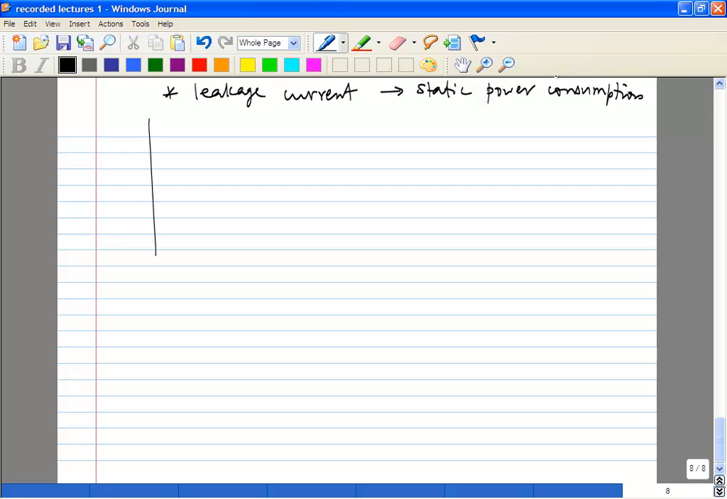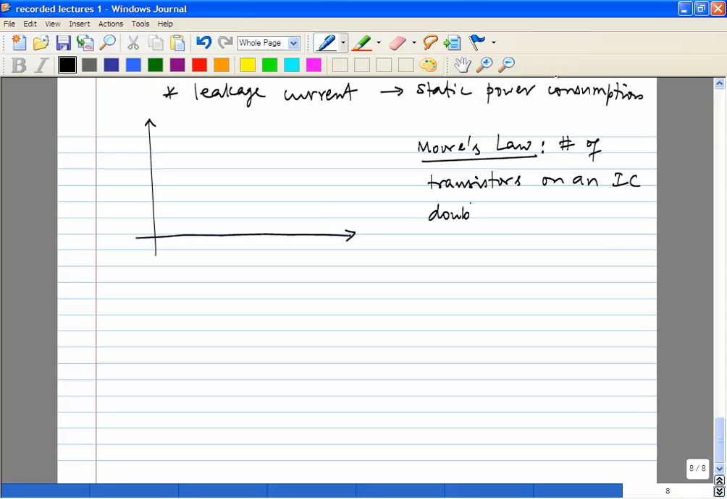If you look at, I believe in the mid 60s, Gordon Moore at Intel came up with what is now known as Moore's law. What is that? He claimed that the number of transistors, actually his claim was slightly different. He said the number of components, but the number of transistors is also acceptable. Number of transistors on an IC doubles